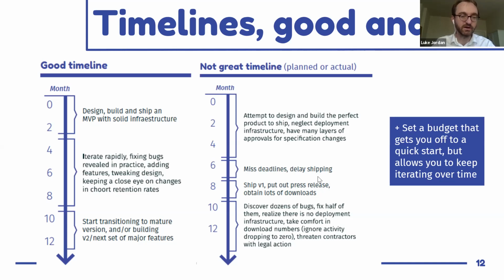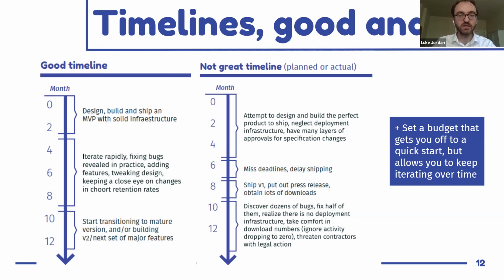An alternate scenario, which we found worked much better, is get something out the door very quickly. So MVP means minimum viable product. It's a technical term. But within 2 months, design, build, ship, get something out with very good infrastructure. By infrastructure, I mean the ability to change things in the app very quickly, or change some things even in the data or the use of data or the dashboard or however the technology is built. Then spend at least another 6 months iterating, fixing bugs, adding features, tweaking design,